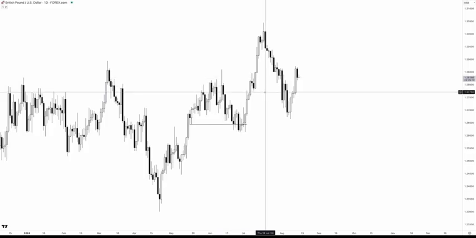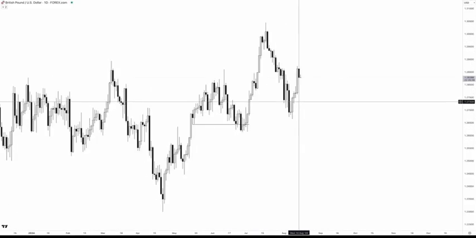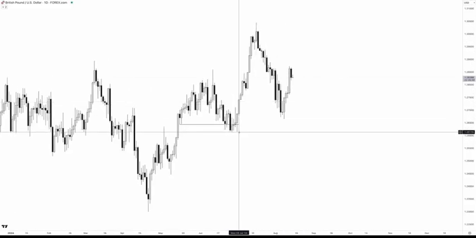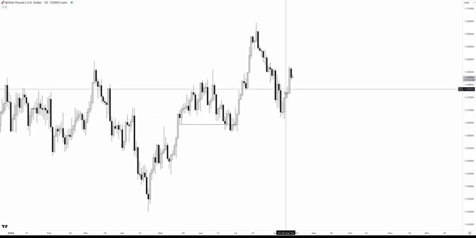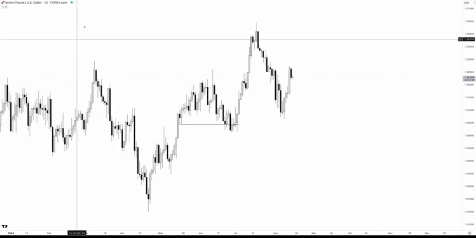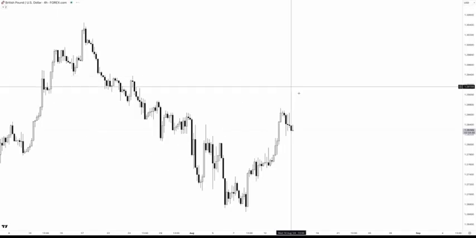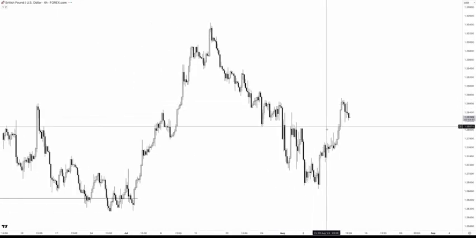Now, because this is a liquidity block, it can give reactions, but not all the time, right? So that's the reason why I wouldn't be looking for entries all the way down here. I'll be looking for confirmations as it goes up. Okay, so on the 4-hour time frame, you can see,